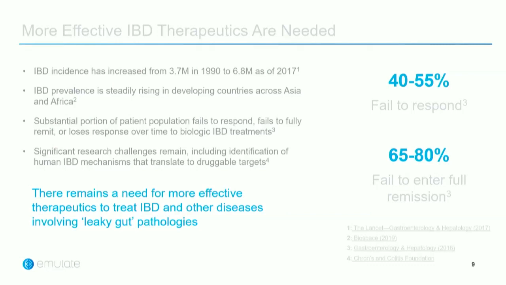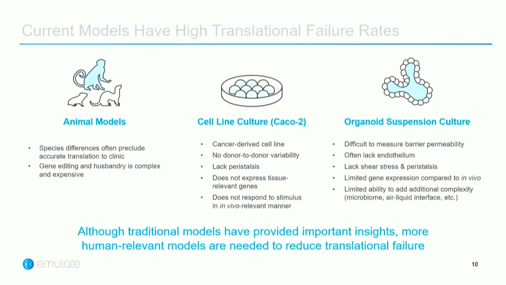So IBD is the disease that we decided to model for a number of reasons. One of which is it's an enormous area of unmet medical need. About half of all patients are unresponsive to existing therapies, and a large fraction of those that do respond ultimately fail to reach remission or become unresponsive to those drugs. So there's a really enormous need for new therapeutics in this area,